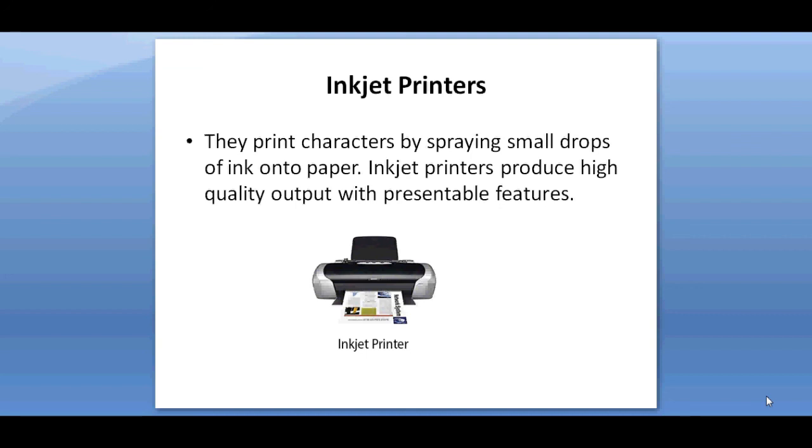One or more nozzles in the print head emit a steady stream of ink drops. Droplets of ink are electrically charged after leaving the nozzle. The droplets are then guided to the paper by electrically charged deflection plates. A nozzle for black ink may be all that's needed to print text, but full color printing is also possible with the addition of 3 extra nozzles for cyan, magenta and yellow primary colors.